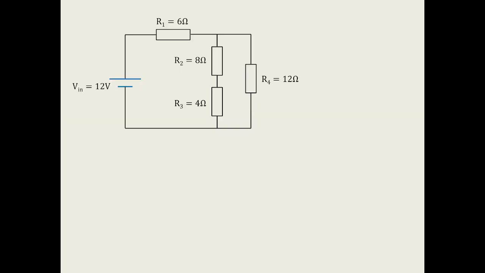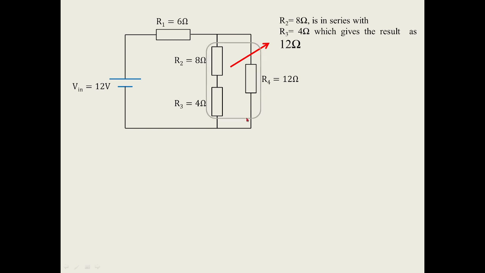Let us find the solution for this particular circuit. We need to find out the total resistance of this particular circuit. So we look at the 12 volts source and find the total equivalent resistance of this circuit. We'll start off with 8 and 4, which are in series. The series combination 8 plus 4 results in 12 ohms. Fortunately, the R4 value is also 12 ohms. So we have two parallel 12 ohms in this fashion.